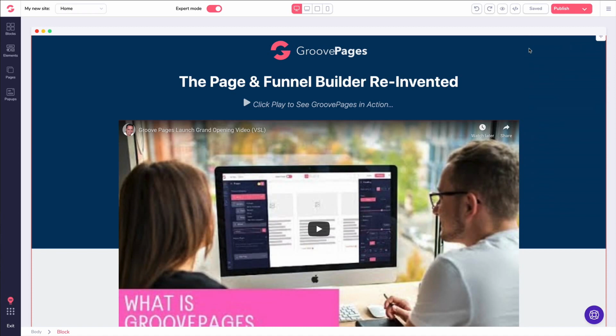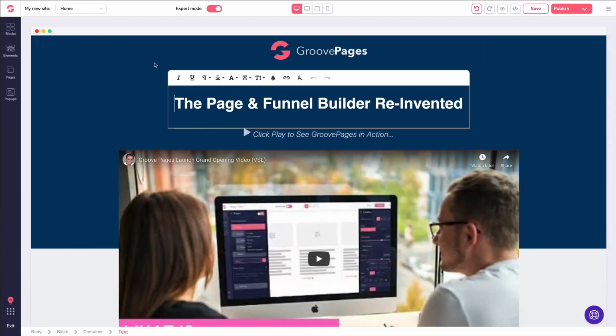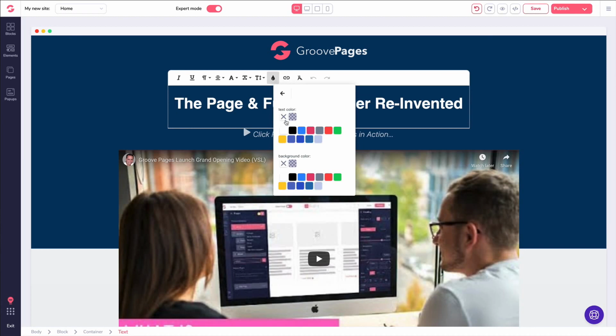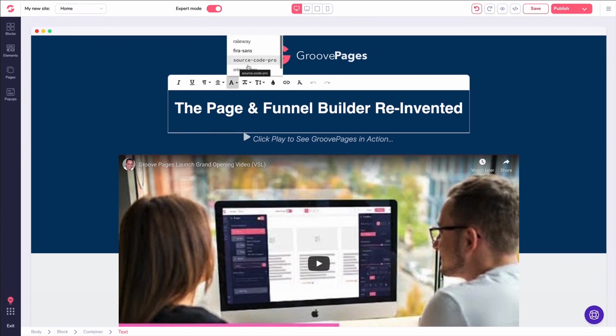All right, let's talk about something that's very important. That's working with text, right? So what you do is you simply click on the section that you want to work on. You click on the text icon, and that opens up the editor. Now, inside the editor, you can select your color picker and things like that. You've got your font sizes, you've got your font weight, your different fonts here, like this that you can scroll through. And then it's just grabbing what you want